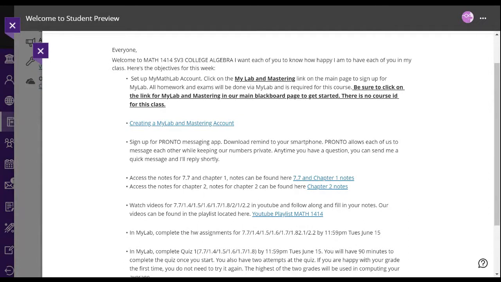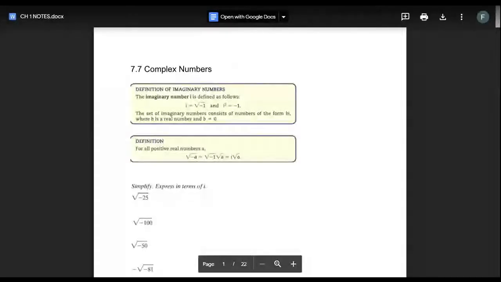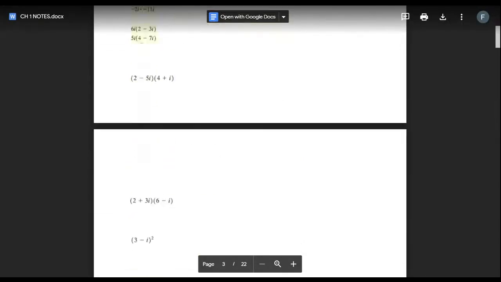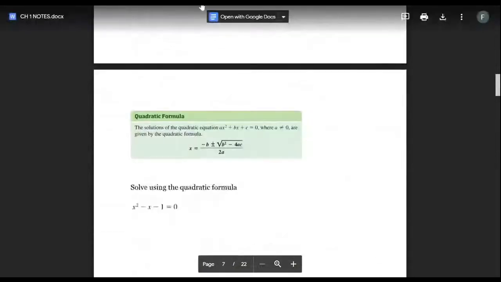And just to give you a heads up again, I'm going to stop sharing this part, and I'm going to share one more. Right here. And it opens up the notes for me, right? And then if you want to, guys, you can just click on open it with Google Docs, whatever it is you want to do, or you can just scroll like this, right? It's really entirely up to you. It's all good.